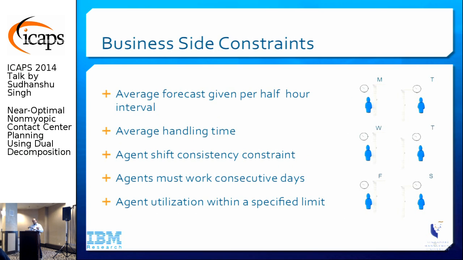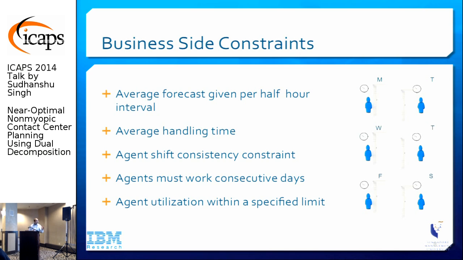So now, if you want to find a good head count level, then you need some parameters in the problem. The most important parameter is how much work you are getting. Now, how do we specify that? You can't just say, okay, this week I'm going to expect 1,000 requests. That doesn't work, because depending upon the time of the day, day of the week, and several other features, the demand pattern changes very quickly.